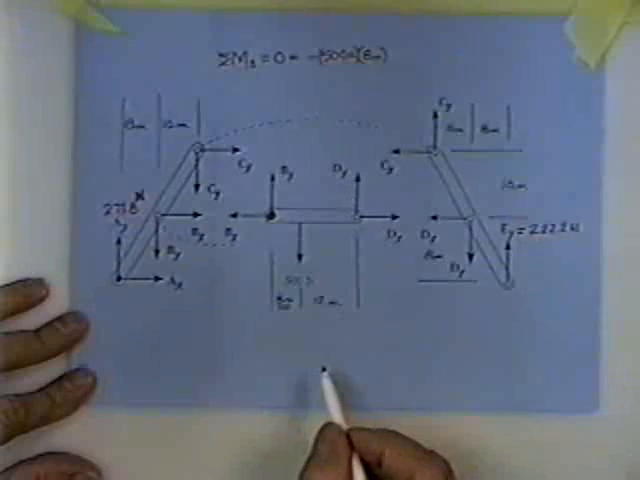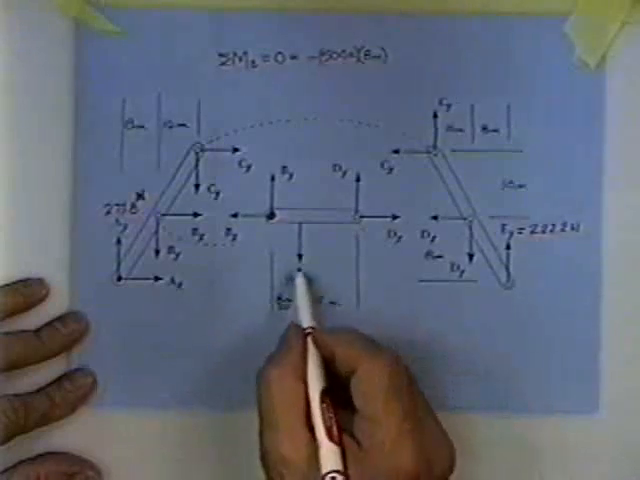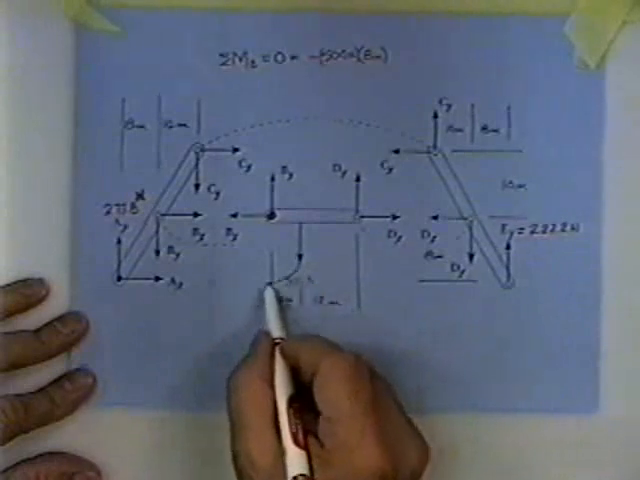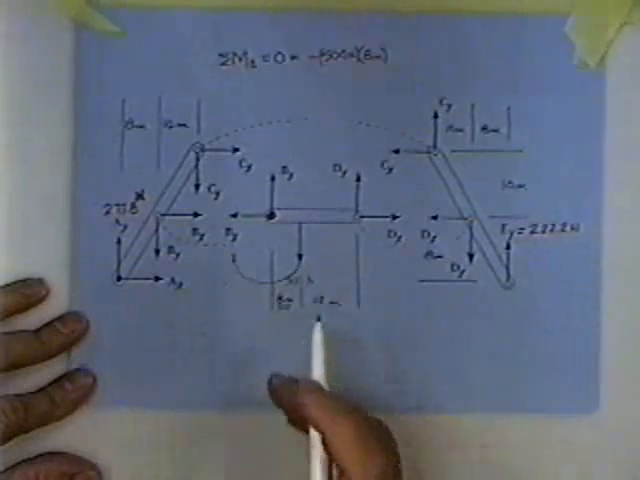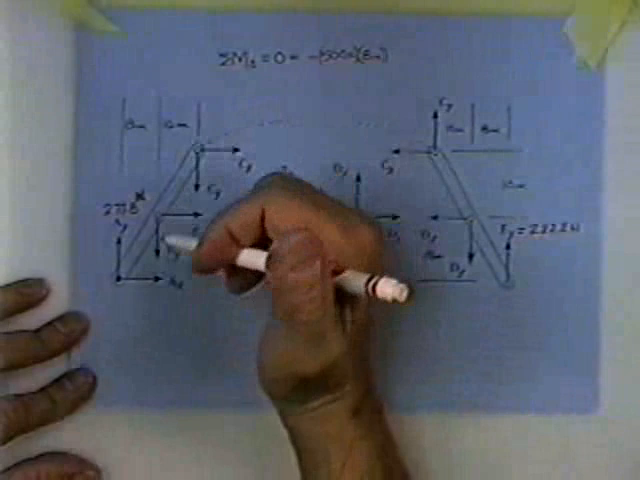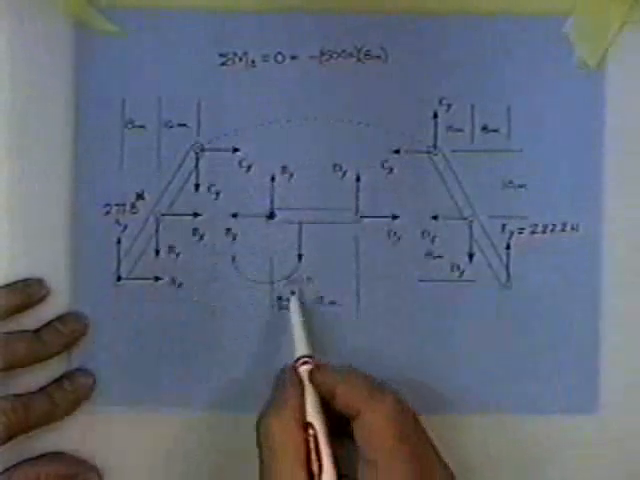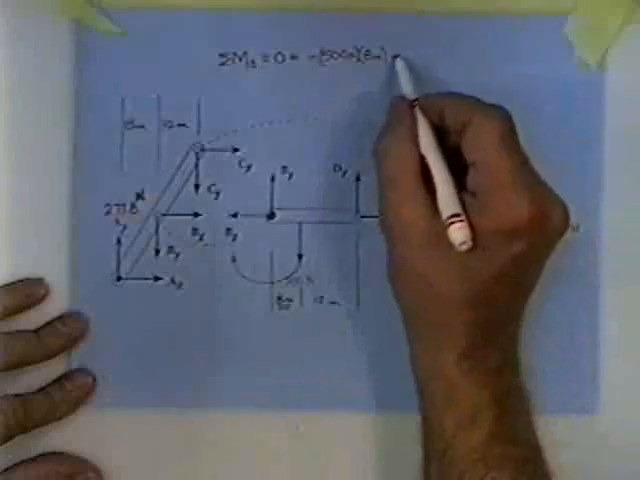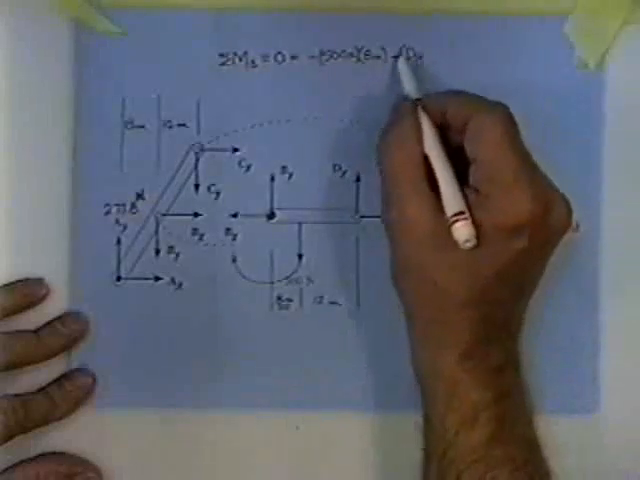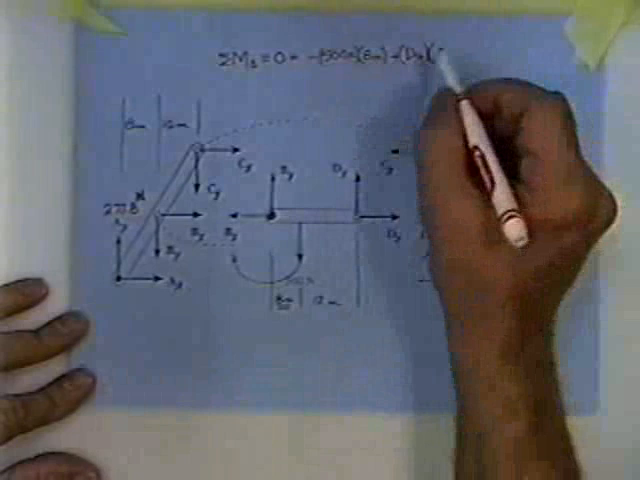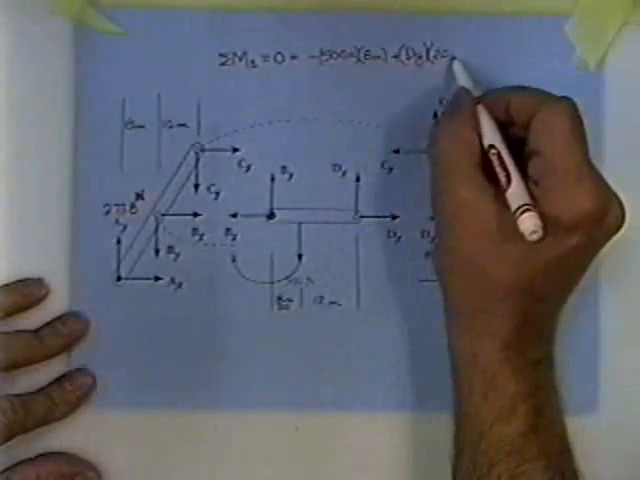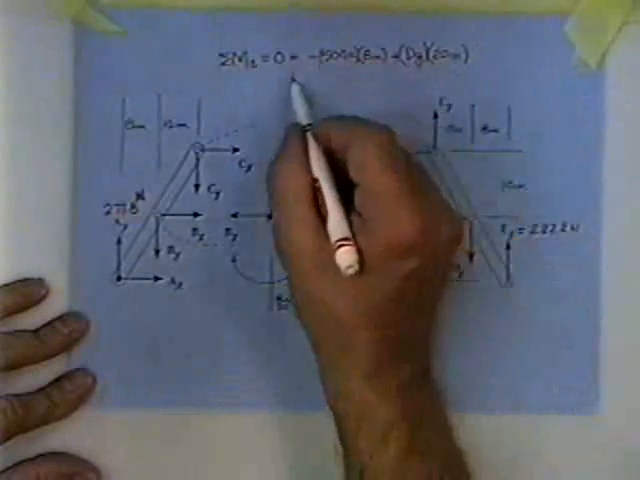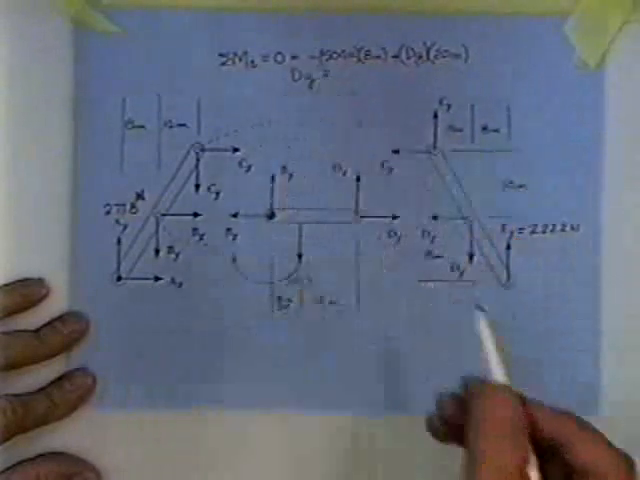I called that tendency to roll a negative number because were he to get away from me, he would roll about point B in this direction, and that is not right-hand rule, and therefore I called it a negative tendency to roll. Plus DY times his moment arm, 20 meters. That's all the forces acting. DY is equal to